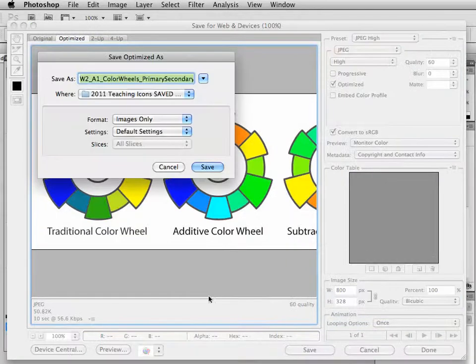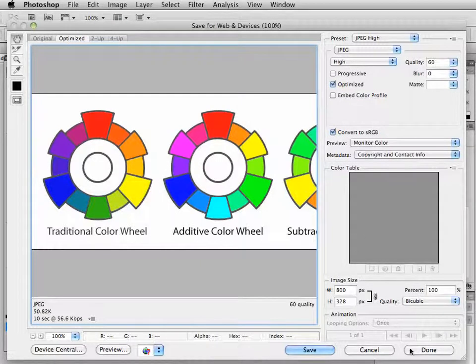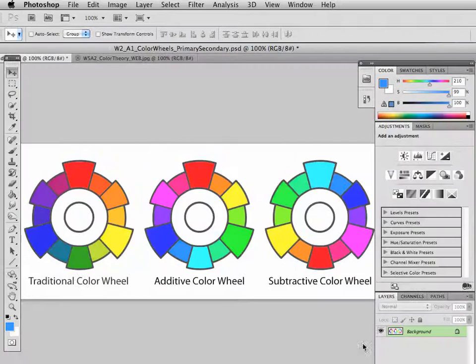So then I hit save, it opens my box, I name it, and then I choose the folder where I want to save my image, I hit save, and all is well. I'm going to cancel this because I already have it saved in another mode, okay? Now what I want to do is hit done, okay? And I've completed the Constrain Proportions